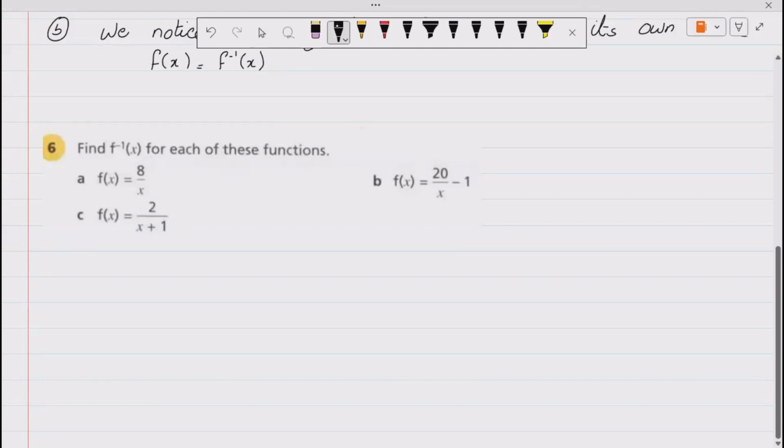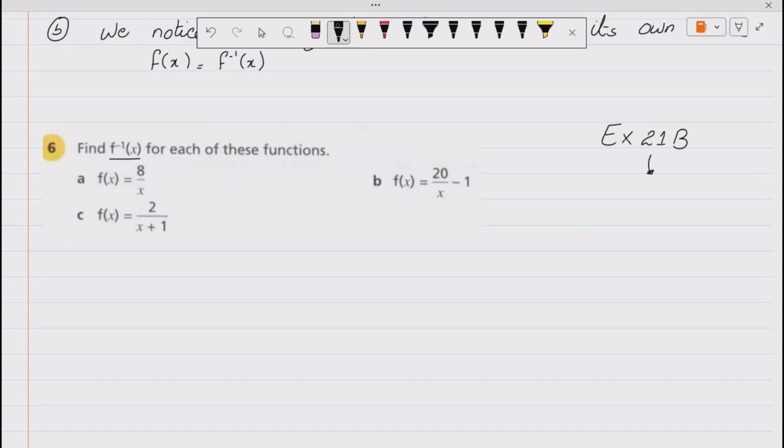Okay, now let's do question 6. In question 6, we have to find the inverse of x for each of these functions in these three parts. One thing to notice is that up till now we are doing exercise 21b, and up till now